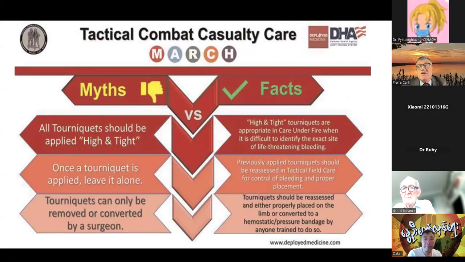And this goes against the myths of the tourniquet that have been said during the time. For example, the tourniquet must be extremely tight and in the highest position as possible. No way. When you have set a tourniquet in place, you don't touch it. You wait for the surgeon, and the surgeon will take care of the tourniquet. If you do that, in some circumstances, the patient will have a tourniquet for many, many hours, and that's very, very